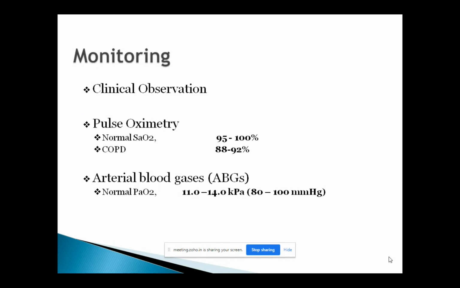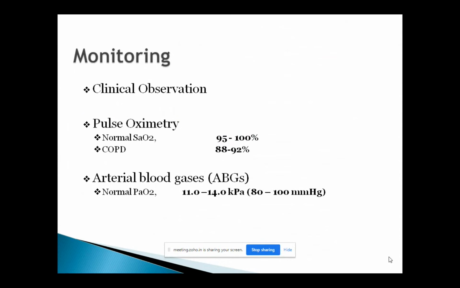When a patient comes to accident and emergency or casualty, that's where most of the time the oxygen is started if there is a need, or maybe in the ward. Most of the time, this is determined by pulse oximetry. Pulse oximetry is a very small device. You put it on your finger, which tells what the patient's saturation level is, because the pulse oximeter measures the oxygen flow in your finger, and then it converts it into a percentage. So the normal saturation is 95 to 100, and for COPD patients, 88 to 92.